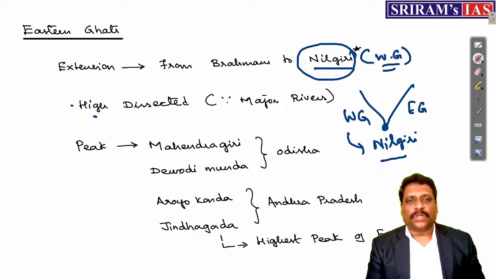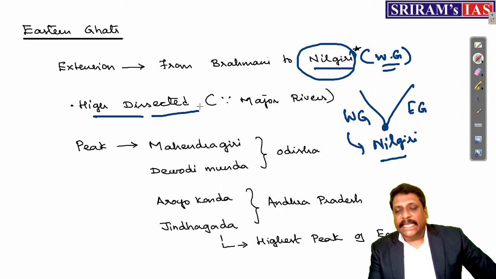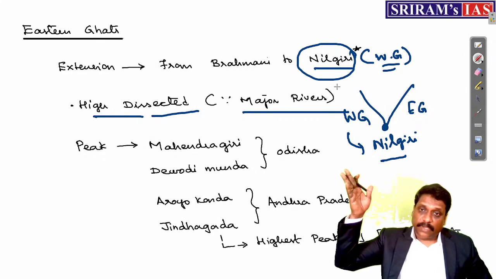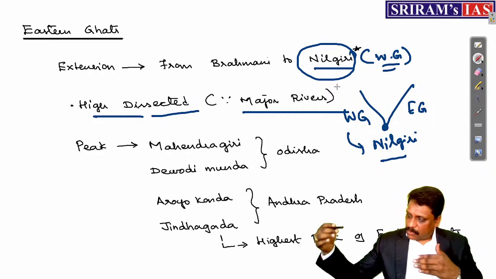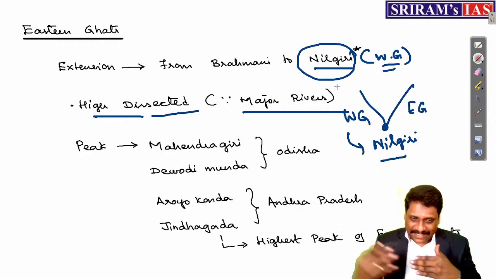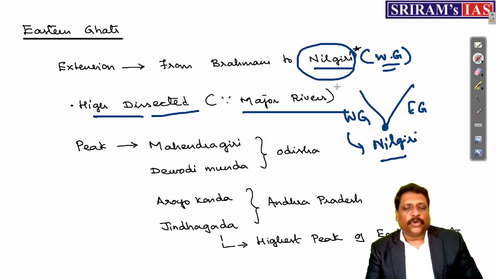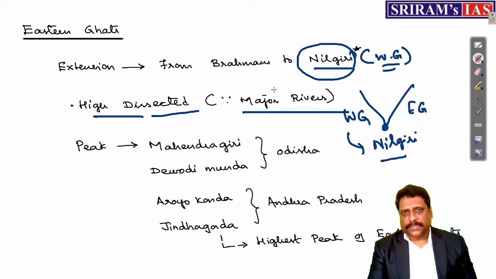And my dear friends, this mountain is highly dissected. Why exactly is this mountain highly dissected, if you ask me? The reason is very simple. It is all about rivers. For example, I was talking about rivers like Godavari, Krishna, Kaveri, such large rivers. And these rivers, only if they cut across Eastern Ghats, can they confluence with the ocean, with the Bay of Bengal. Am I right? So riverine dissection is the major reason why Eastern Ghats is not continuous.